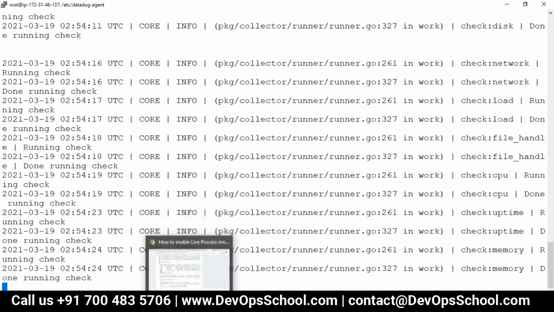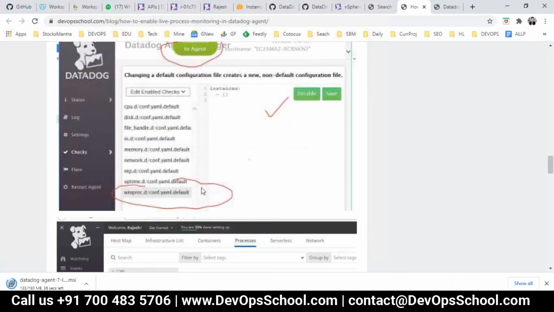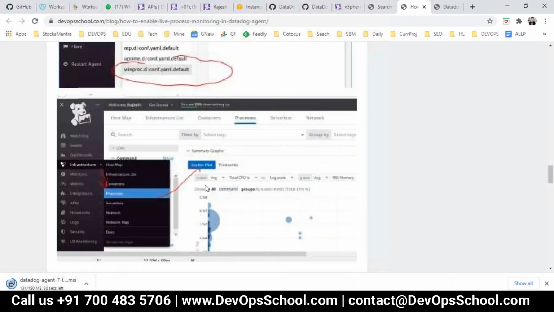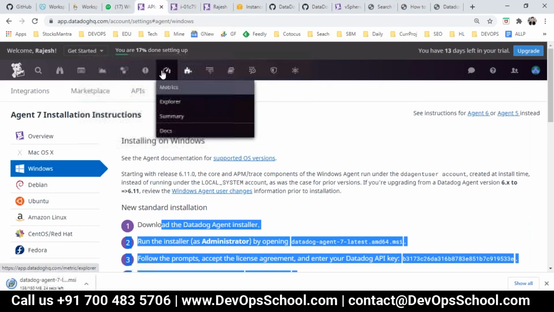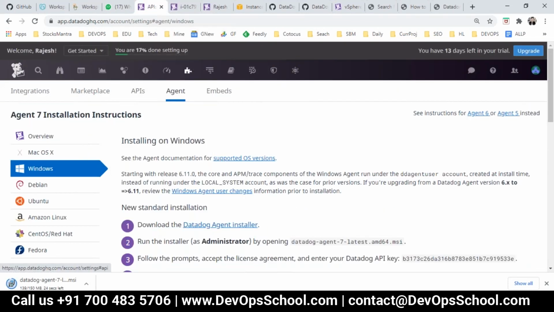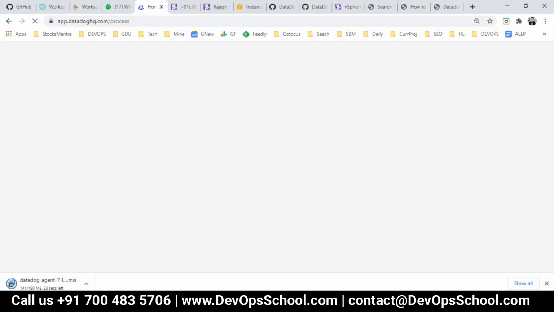So now can we validate? After enabling, you can also check the process. So go to the infrastructure and process. So I will go to the infrastructure here, and click on process monitoring. We'll have to wait for 2 to 3 minutes to get the data, basically.